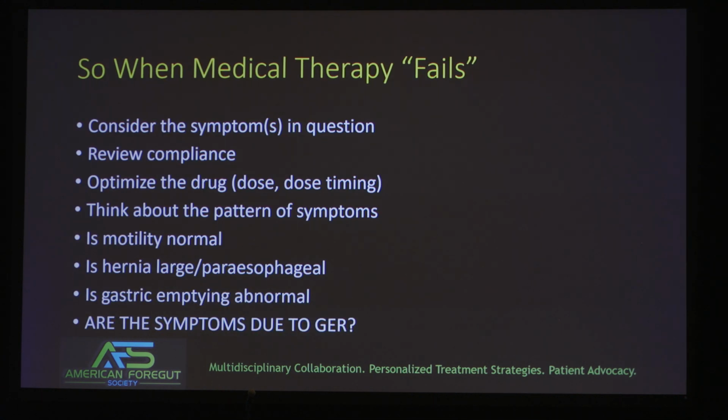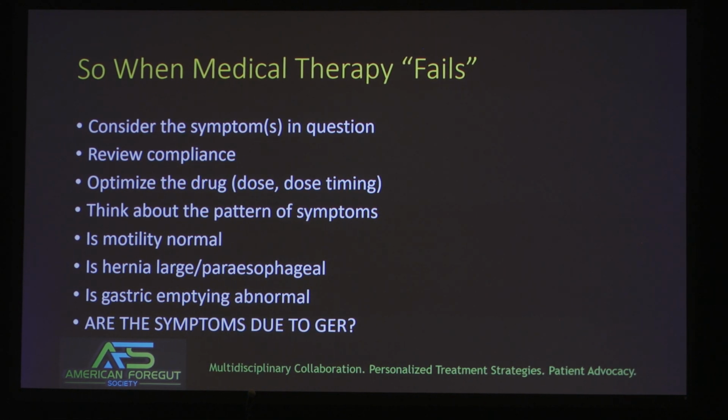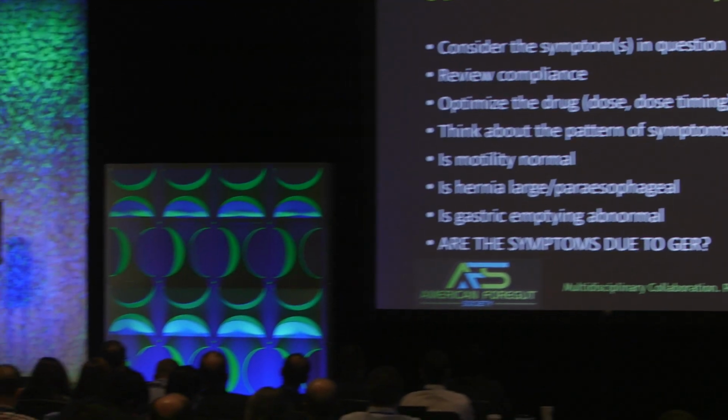So, when medical therapy fails, consider the symptom in question, review compliance, optimize the drug, think about the pattern of symptoms, ask the question, is motility normal? I didn't talk about hernias, but is it present? Is it what you would call large? I don't know what that means, by the way. I'd like us to fix that and put a number to it. Is there a paraesophageal component? Is gastric emptying abnormal? And ultimately, ask yourself if the symptoms are due to GERD. Then you will have an adequate explanation for why medical failure has occurred, and you can make a choice of